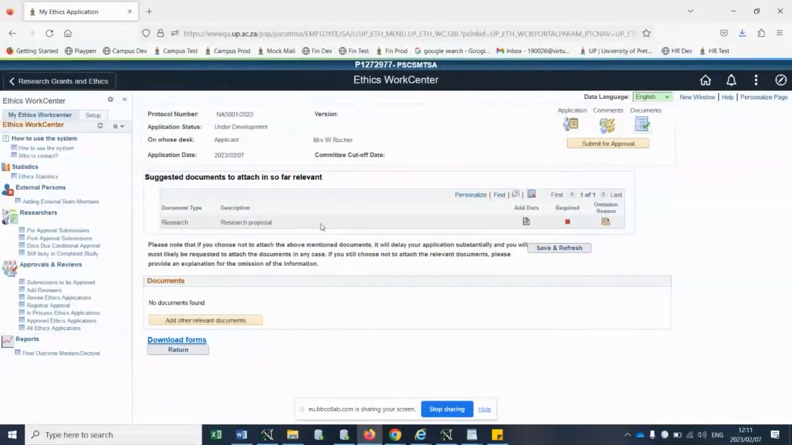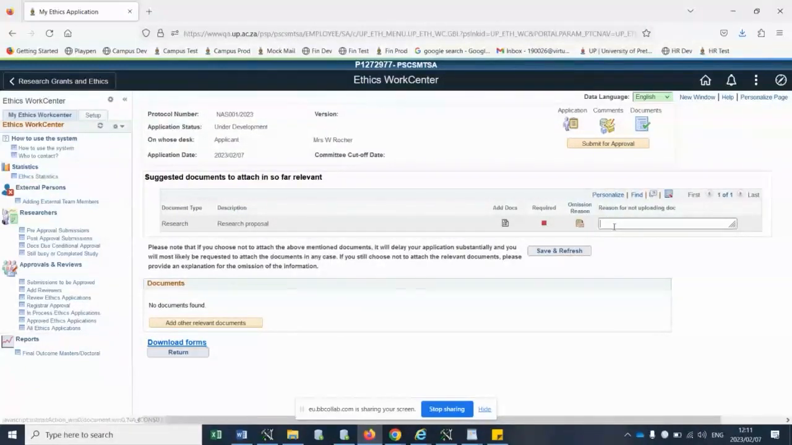If there's a document that you don't feel is applicable to you, you can click on the omission reason icon. It will open up a reason field. Then you can just give us a reason why you don't want to upload the document, why you feel it's not necessary for you to upload it. Okay, if you go back to the application,